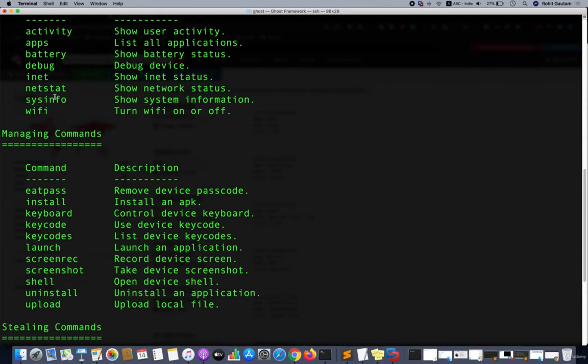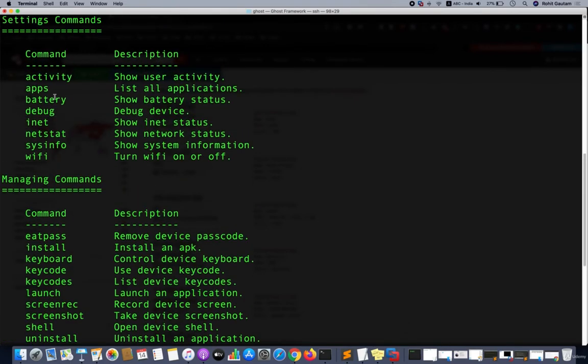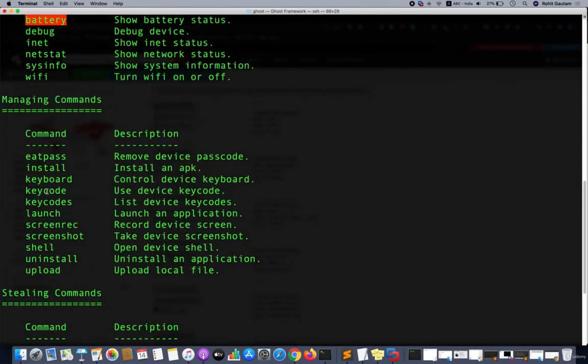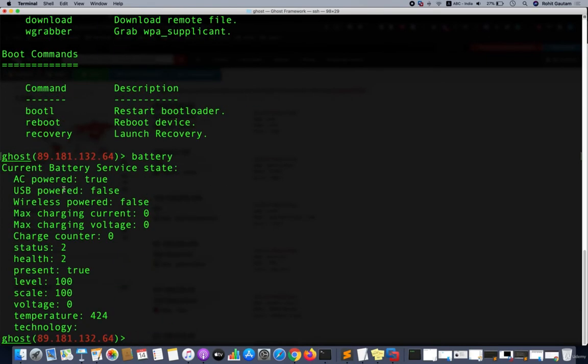Do not do any intrusive activities into those devices. Now, just to prove that we are connected to the device, you can run some commands which are not that harmful. So we are going to choose one of the commands from here. So let's say we type the command battery, and you can see the current battery service state of the device,